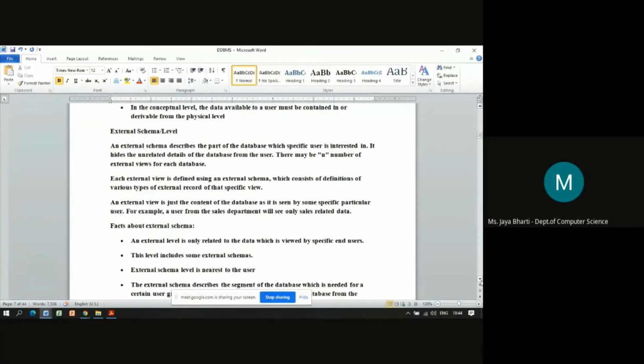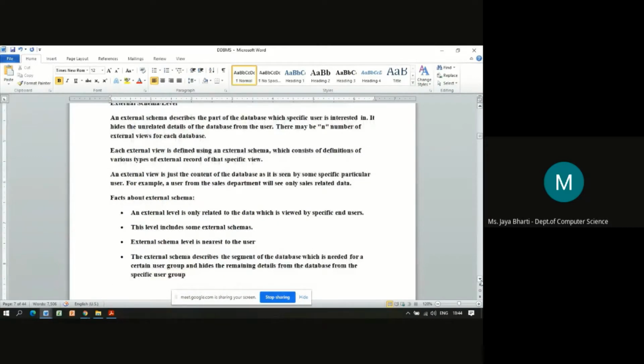Whenever I'm using that system, the database view will be different. If some other customer is using it, for him the database view will be as per his or her requirement. So it differs as per the user. That is the external schema.